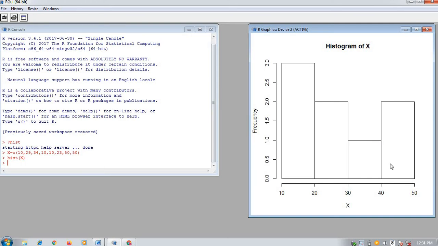And 40 to 50, how many values are there? 2 values. If you sum these up, you will get the number of elements in the data set: 3 plus 2 is 5, plus 1 is 6, plus 2 is 8. So 8 numbers are there in this data set. This is a simple way to plot a frequency.